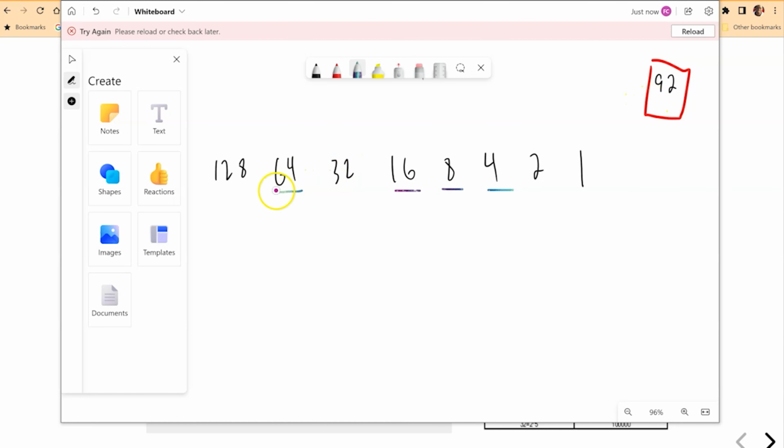But what if you didn't know which combination of numbers would get 92? There's the subtraction method that we can use that will also allow us to get the binary number. The way you would do that with the subtraction method is that we will say, can we subtract one of these numbers from our decimal number? So in this case, we cannot subtract 128 from 92, so we're going to put a 0 under here, right? But then we can subtract 64 from 92, so we'll say 64